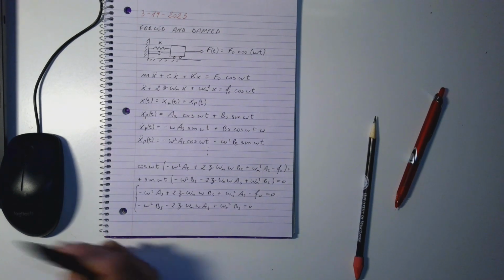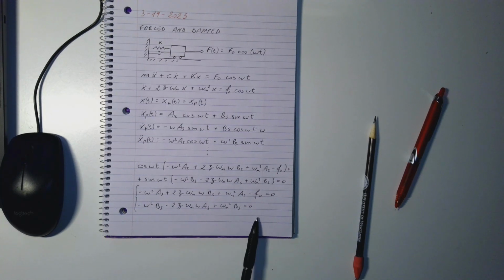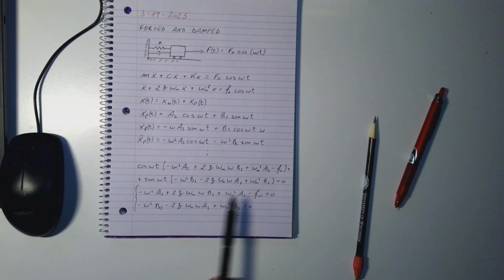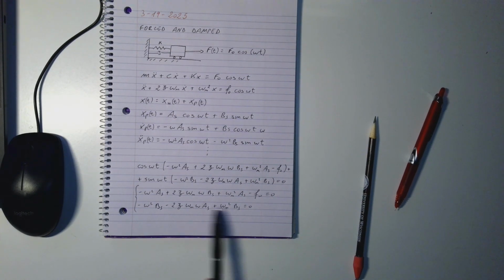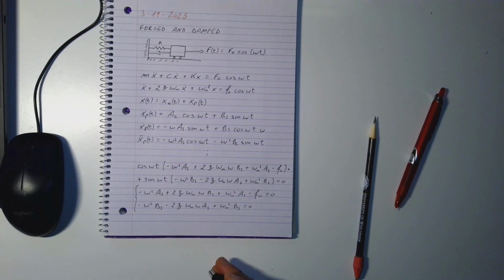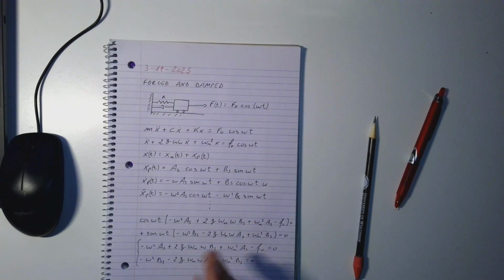Now also we have a little bit of algebra. We can actually rewrite this in a matrix form, because here we have As, Bs, As, here also we have Bs, As, Bs. We can group together what we have here in As, group together what we have here in Bs, and bring this on the other side. Again, we could rewrite this in a 2 by 2 matrix form. Or we can simply do a substitution from one to the other to find the two constants. Again, I will skip these steps because this is not what we are looking for. So when we solve this system of two equations, we finally find As